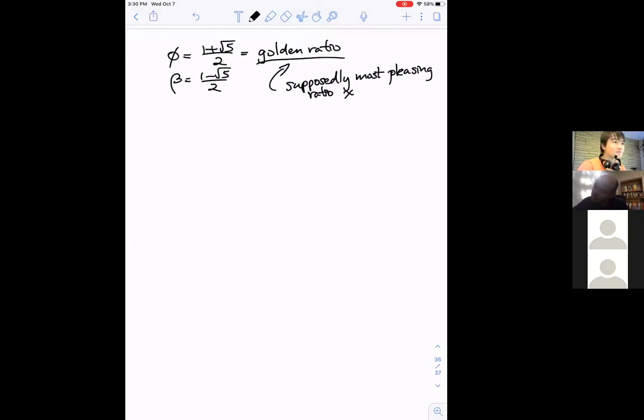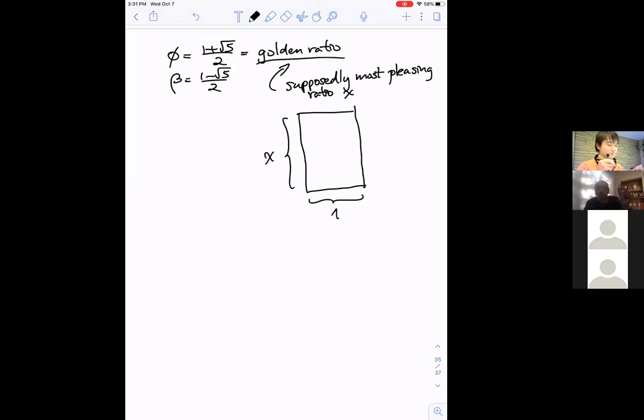So the most pleasing ratio x here, if you want to have a rectangle and the other side, let's say, is 1, so that the ratio between the sides, the length to the width, is going to be most pleasing, people thought that should be the case in which